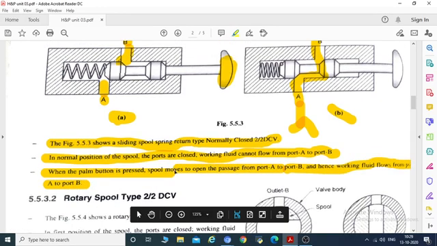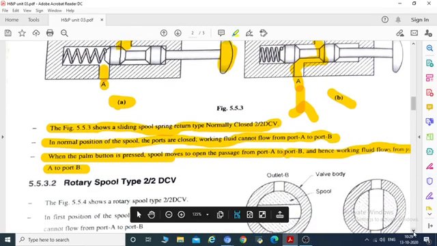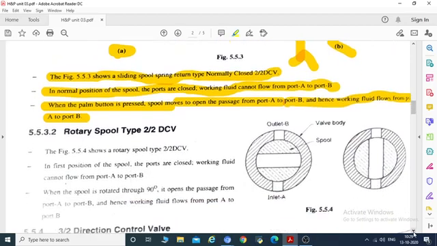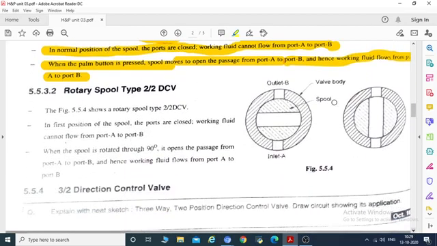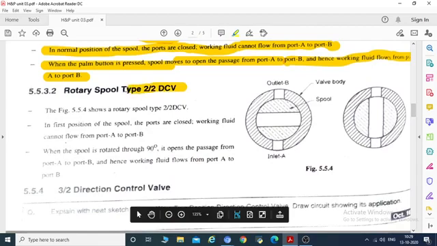Okay. Similarly, we have this rotary spool type 2x2 direction control valve here. Here the spool is in a circular form.